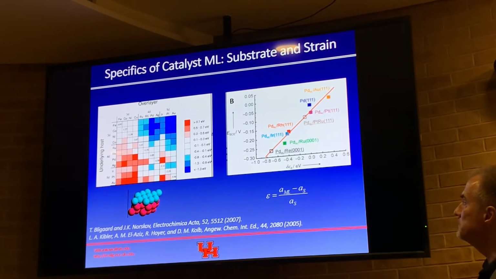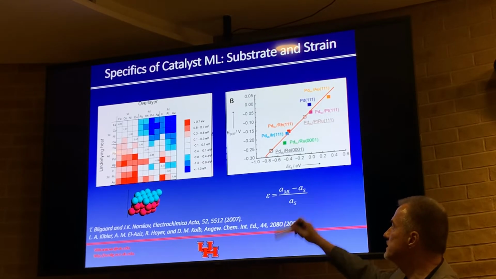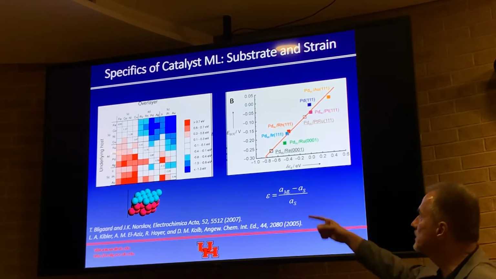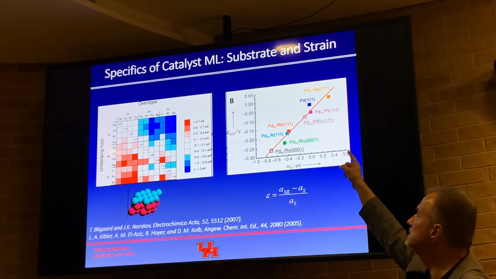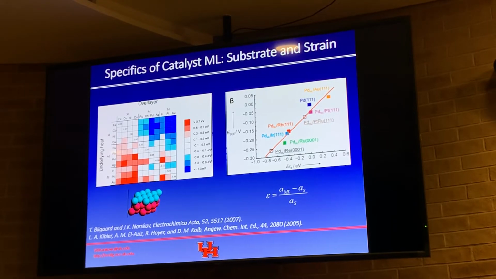Then people also did some measurements. This is from Victor Kolb's group, and they nicely show that, for example, the epitaxial strain, which is defined here as a misfit between the lattice parameters of the substrate and the monolayer you put, actually controls the activity in some sense of these palladium monolayers, which are deposited on different substrates. So obviously the theory kind of agrees well with some things that we can measure, but what they don't tell you here is that this all applies